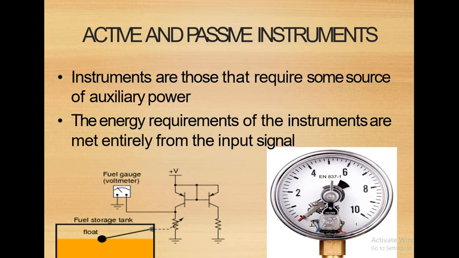Passive components like a resistor and capacitor will not require some different power for their operation. For example, with a resistor, you simply use it in a circuit, and whatever current is given to the input will be reduced by that resistance based upon its value. But that resistor will not require some different value for its operation. But if you see an active component like a transistor, that transistor has a base, collector, and emitter.